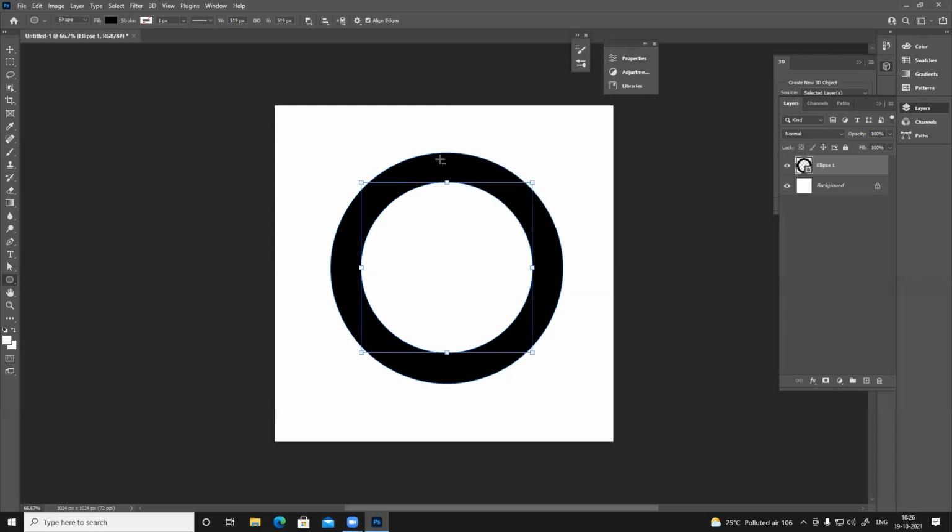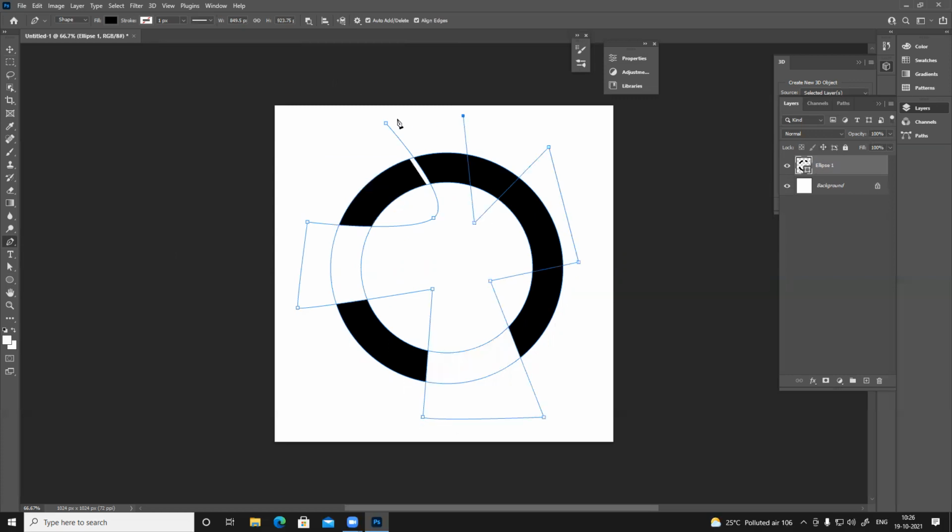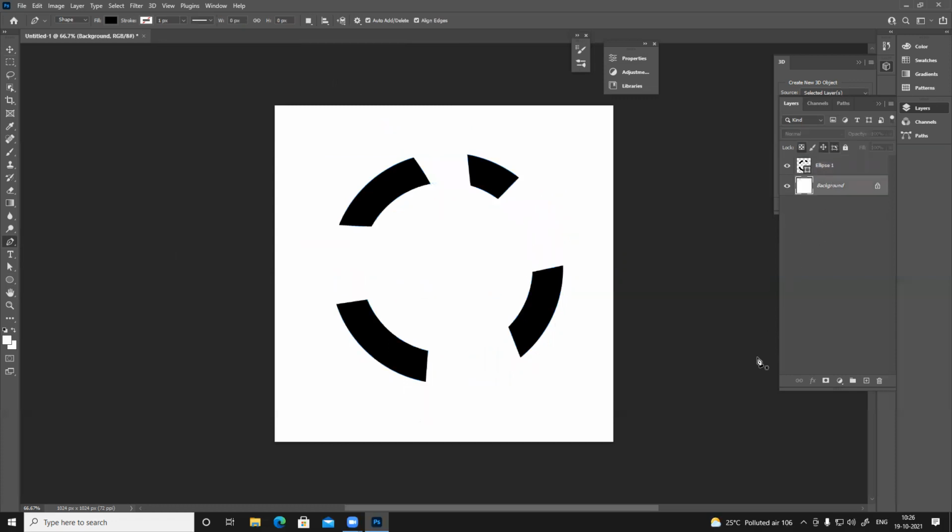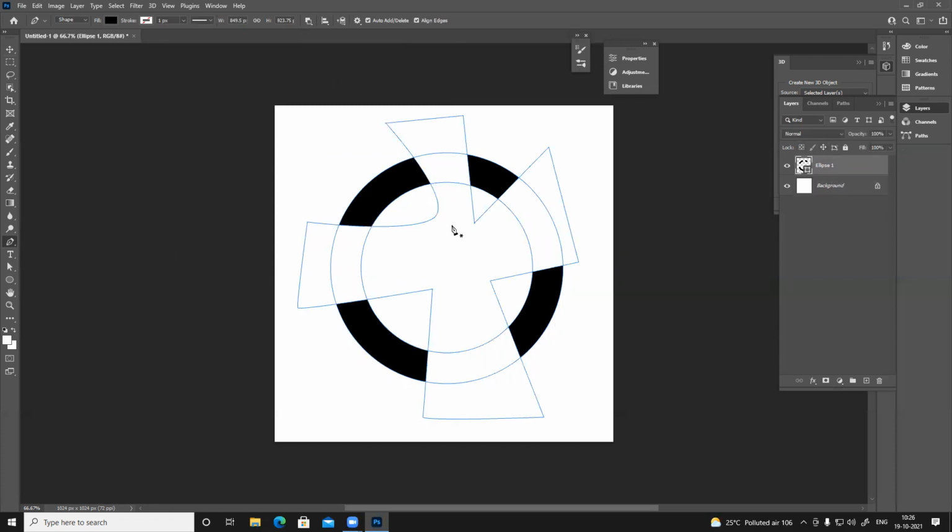It works for any vector shape. Suppose I use a pen tool here as well, with subtract on. In one layer, I can create everything. There are 1, 2, 3 shapes. This is clear, right? This is how you can, suppose you have a logo or something, generate it. We create everything in one layer, and if you have some patterns or some design, try to create it in vector so that you can reuse it multiple times easily.